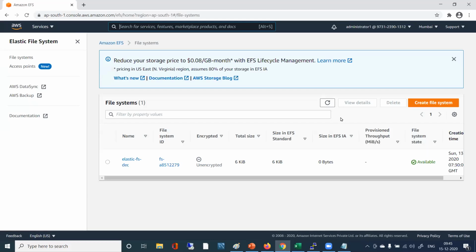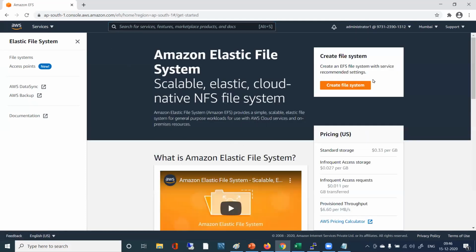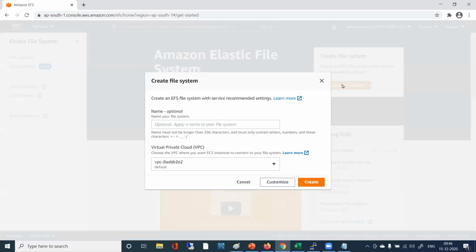Yes. You remember this? 6K IP and it can be elastic at any time. Dharma, you are not audible. See, we were here, we went and we created a file system.